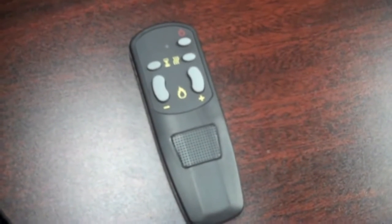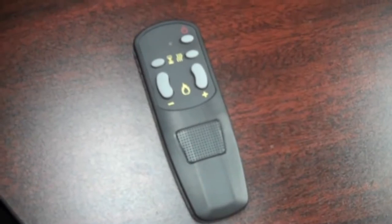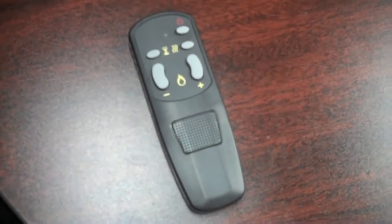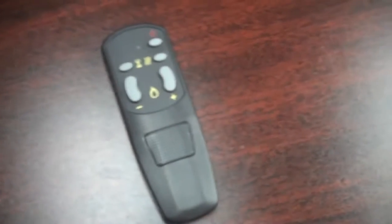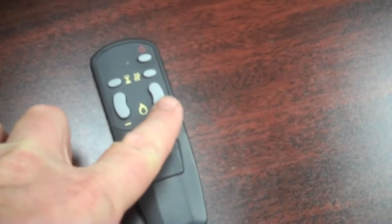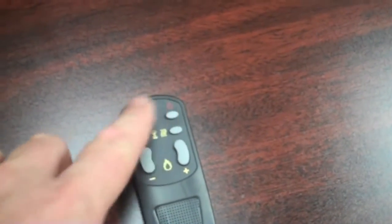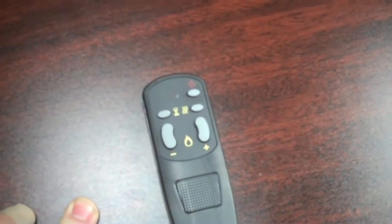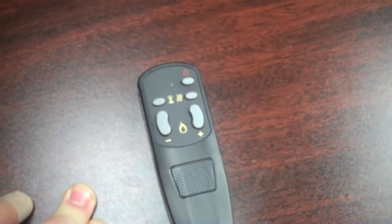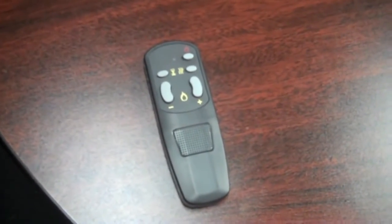This is the Onyx's remote. It lets you control all the things you just saw on the side of the cabinet from the remote control itself. This takes the flame level down, this takes the flame level up, this turns the heat on, this sets the timer, and this is your on and off. It's pretty straightforward. As I mentioned, there are 5 different flame settings for the unit,